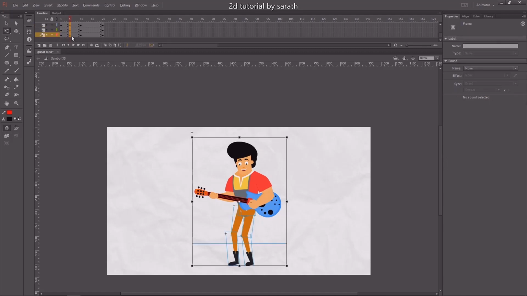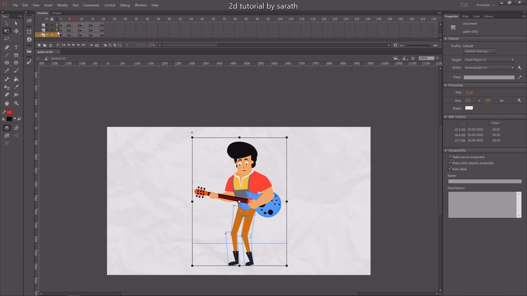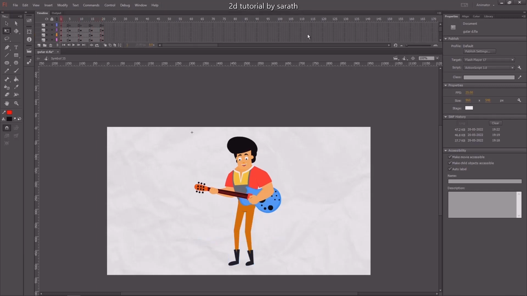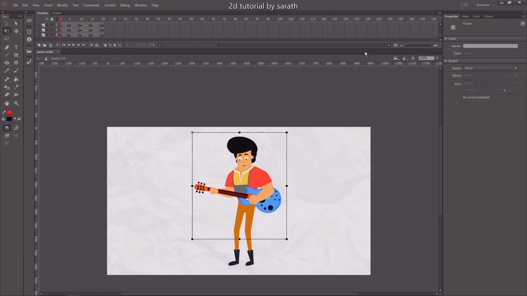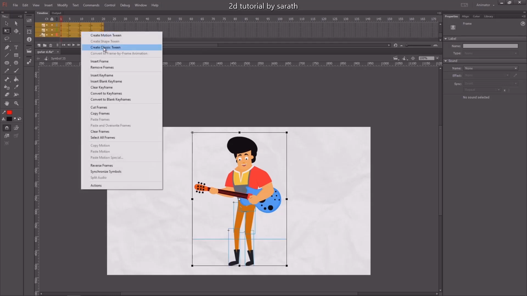Now copy these keys and paste them on the other side. Then select all frames and apply the classic tween.